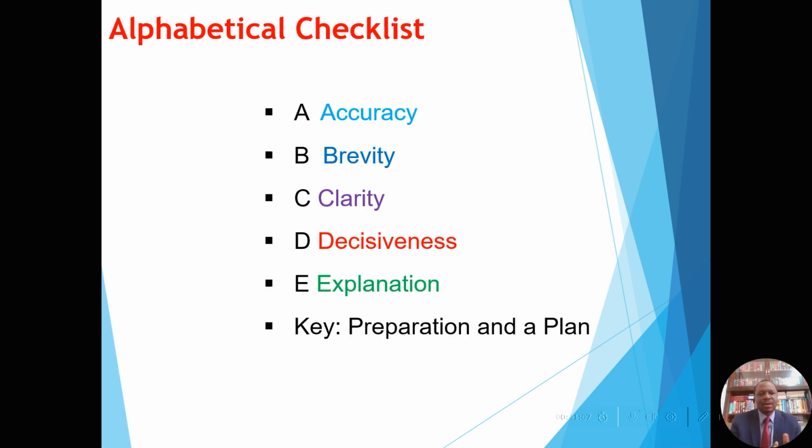So I'll quickly discuss the checklist that I've mentioned. In a judgment, the most critical part that one has to consider is the A, B, C, D, E. The A, B, C, D, E represent those things that one needs to consider. The three that Lord Denning spoke about: A is accuracy, make sure that your judgment is accurate; B is brevity, make sure that your judgment is brief; C is clarity, make sure that your judgment is clear. If people are not able to comprehend your judgment, then of course you have failed, because a judgment must be able to be read and understood by the parties.